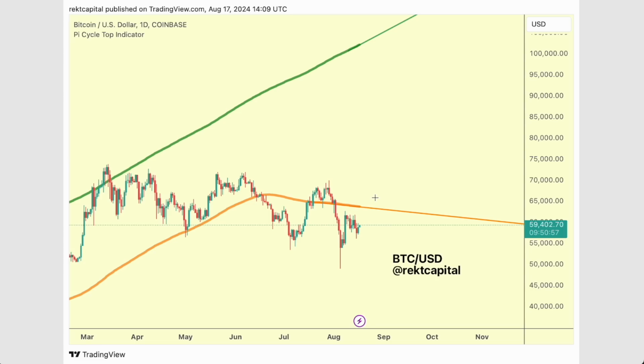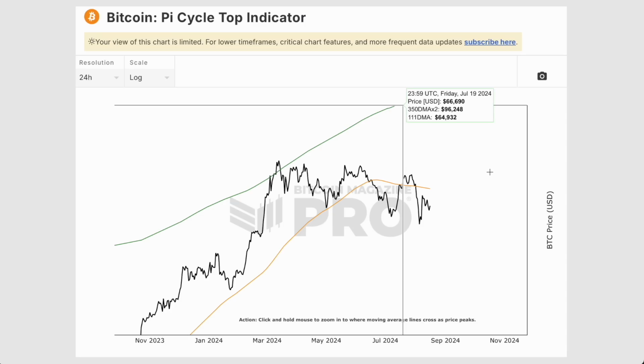That's exactly what we need to see for this convergence to begin. We need to see a flick up in the Pi Cycle moving average for that crossover to be in place to some degree. But even then, if this flick up isn't very sharp because price won't rally that hard, then it's really important to understand that an extrapolation of this moving average into the future might not produce a crossover in and of itself. We need to see a sharp reaction in price action for a crossover to finally be on the cards. So we're very far away from a crossover at this time, which means that we're still in bargain buying territory.